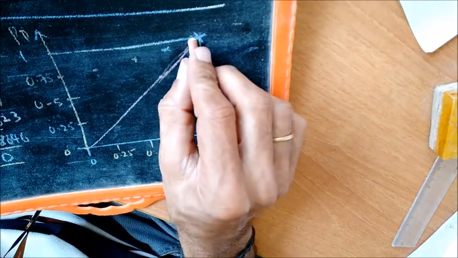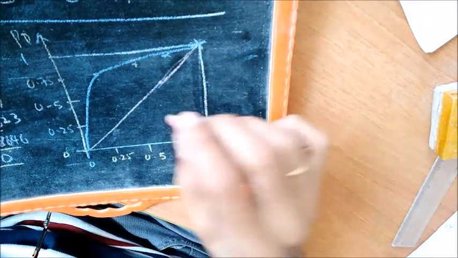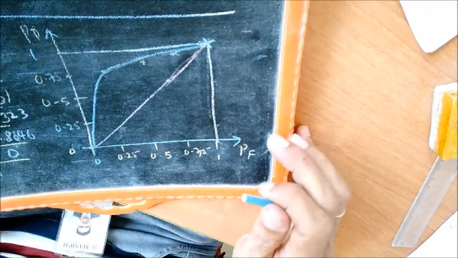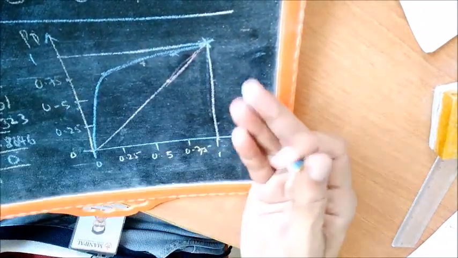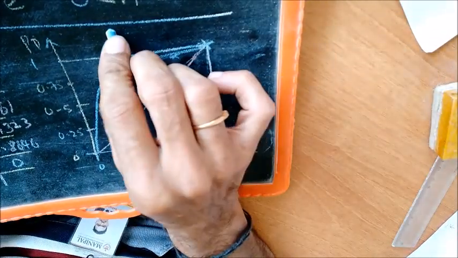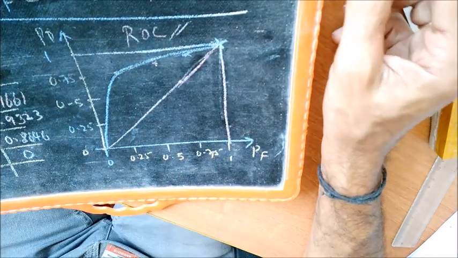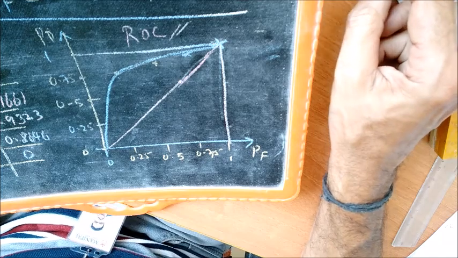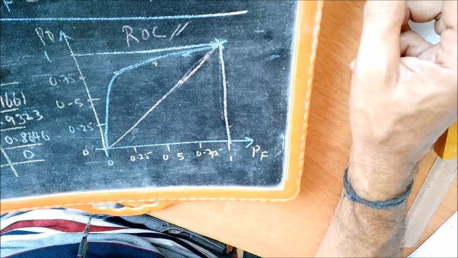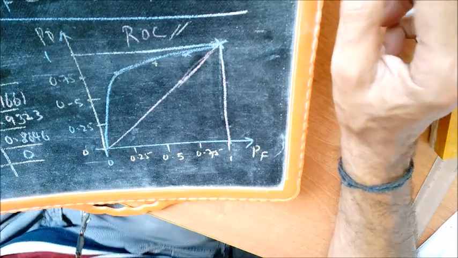So it will be a sketch like this. This is a rough sketch. You can use a computer code and plot for more points and check for yourself. So this is the ROC that we have been trying to get. So this solves the last problem. I strongly urge that you plot this and get more values. If any of the results are not agreeing with what I have here, you can get back to me.